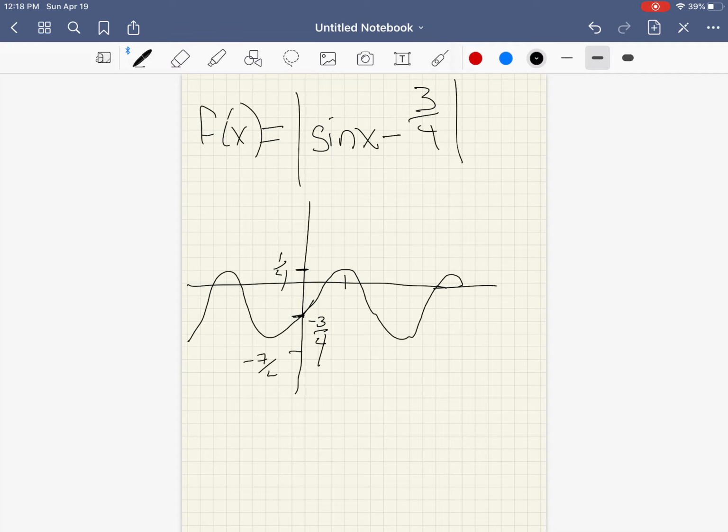And down here is negative 7/4. It says to find the maximum value of f. Now remember, this is the absolute value, so everything that's down below has to go up here. So if this